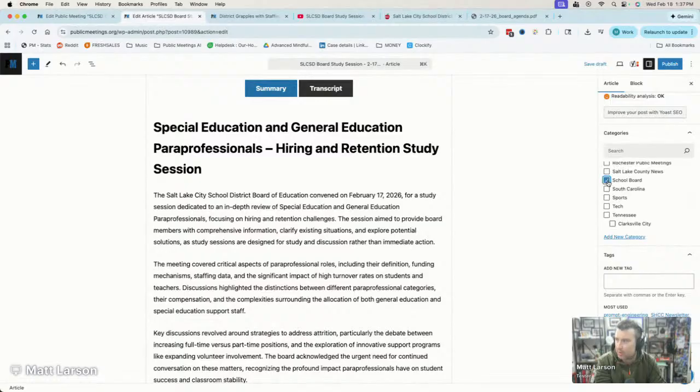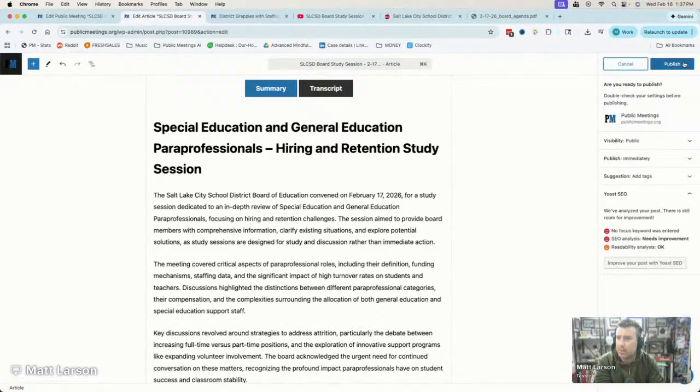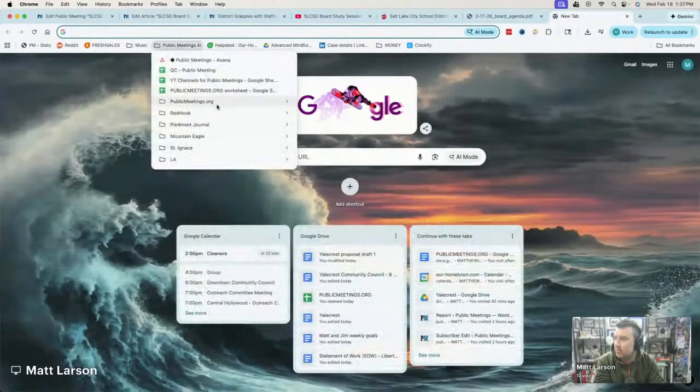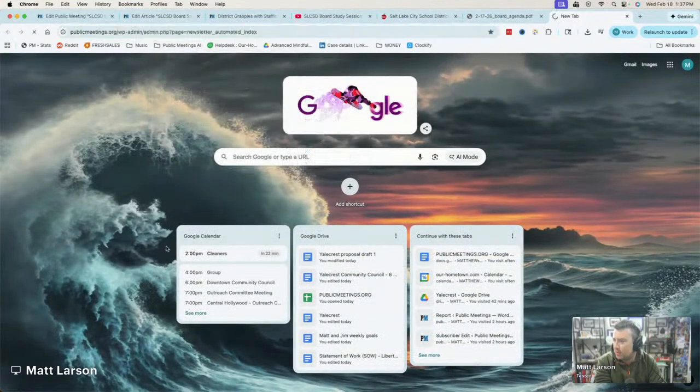Got this separate category for school board. I don't know what I'm using for this process. Let's just publish that. I'll quickly go check this newsletter because the main place I'm using this is in this